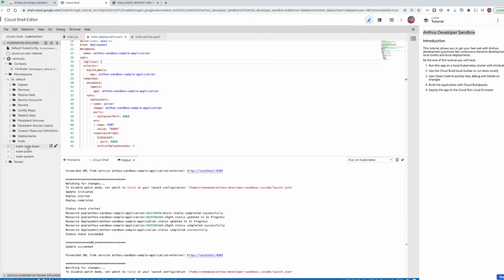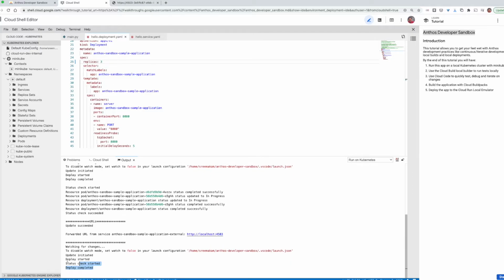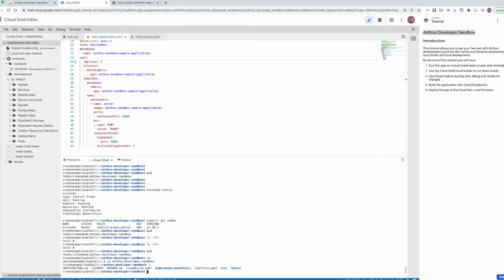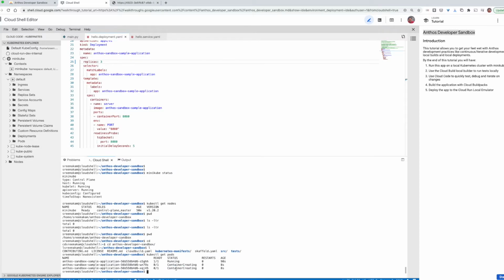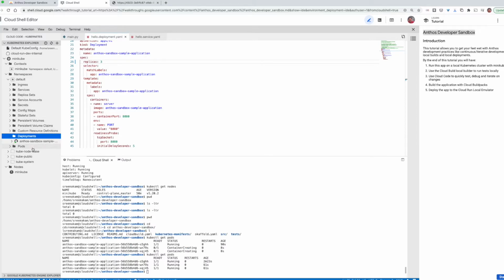Now let's make a small change to our manifest file and change the number of replicas from 1 to 3. Whenever we make this change, it automatically triggers a new deploy, and that triggers the deployment with 3 replicas. And as you can see now, the 2 more replicas are getting created. We can also see the Kubernetes status by looking at the deployments and seeing that the number of replicas deployed